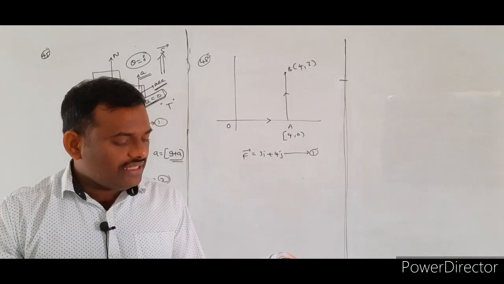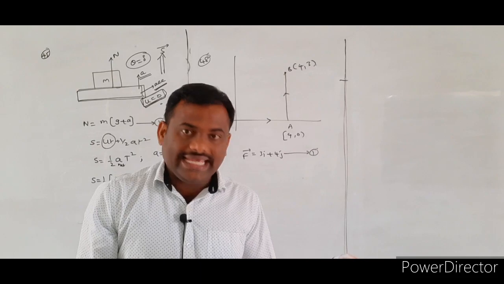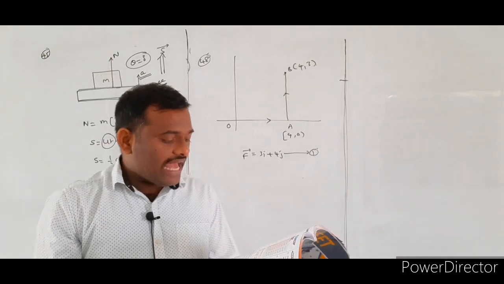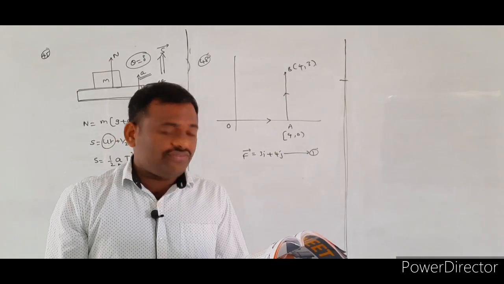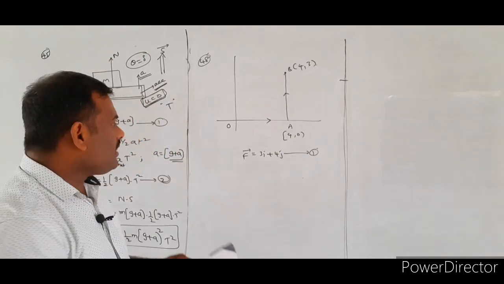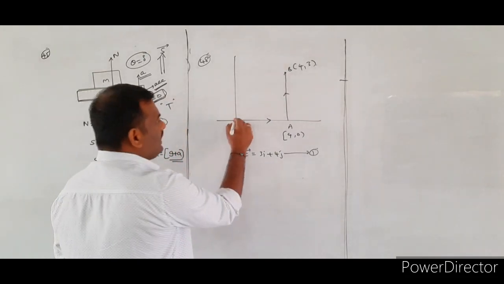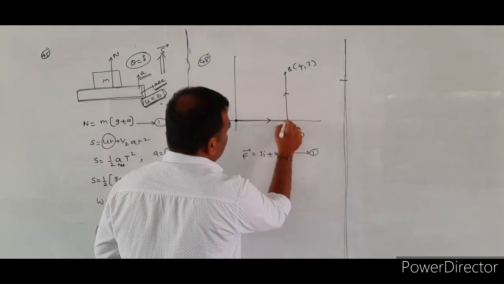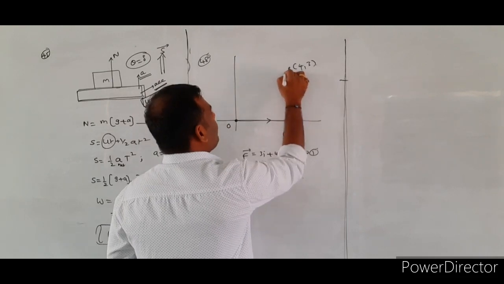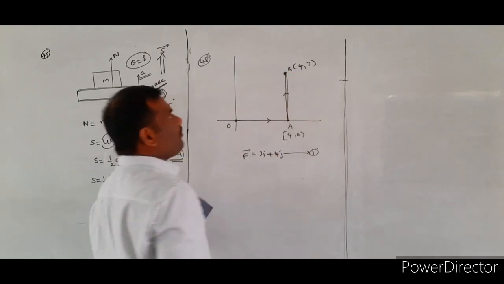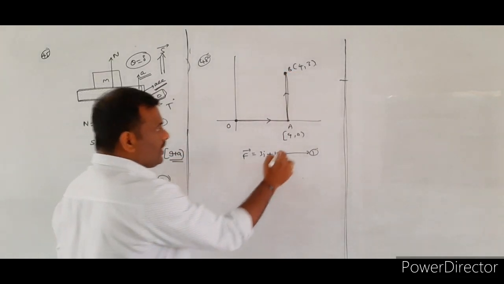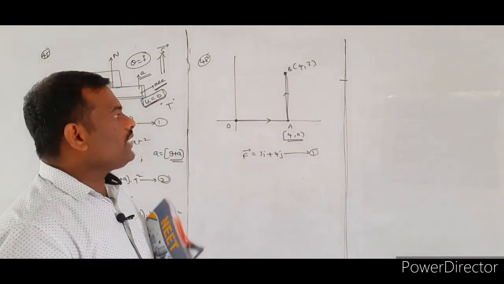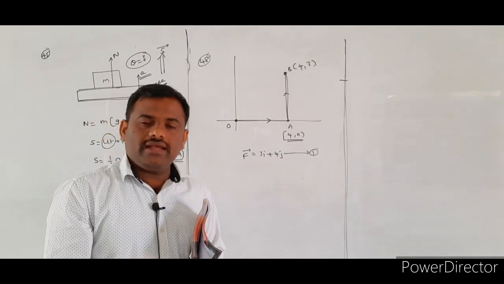Starting from the origin, the particle first goes along the x-axis and then along the y-axis, as shown in the figure. The work done by the force on the particle will be? So the particle starts from where? It starts from the origin, first travels along the x-axis and then along the y-axis, finally reaching the point B. They mentioned the coordinates along the x-axis as well as the y-axis. Then you calculate the work done.